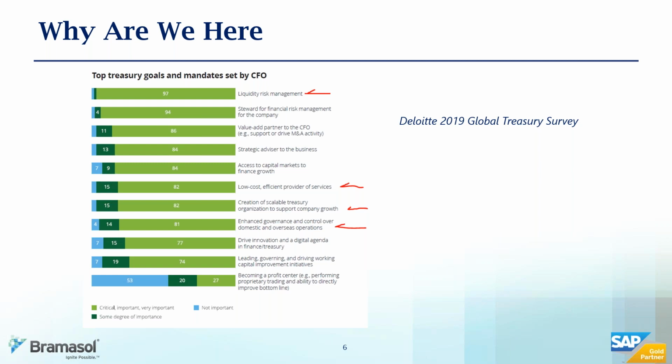One of the reasons we're here, and I love this new slide, I just got this report from Deloitte, and I don't always like giving too much credit to the Big Four, but they did a really great job of looking at a global treasury survey. And this came out recently. The reason we're here is to talk about the fact that 97% of the CFOs that Deloitte surveyed in large corporations and small corporations saw that liquidity risk management is a big deal, and Payment Factory will help you with that. Further, they talked about a low-cost, efficient provider of services and being able to do Payment Factory, save money, and use the tools that are available to help with that.